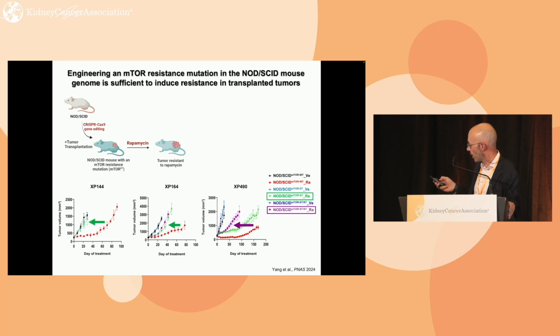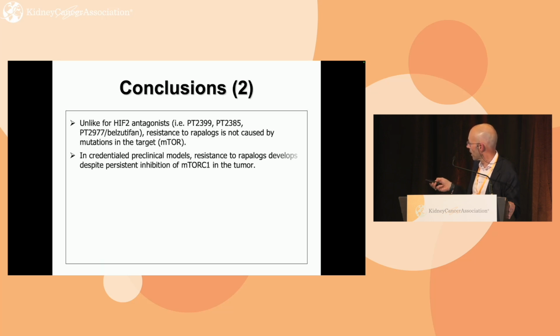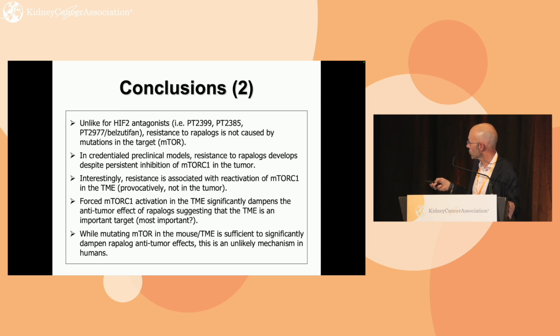And that's probably why we don't see mutations in patients. So I'm going to summarize here. So unlike for the HIF2 inhibitors, resistance to Rapalox is not caused by mutations in the target. So we are not claiming that mutations in the stroma are going to occur and are going to give resistance in humans. What we are claiming is that the activity of rapalogs requires inhibition of mTOR in the tumor microenvironment. And for reasons that are yet unknown, mTOR becomes reactivated in tumor microenvironment, and that appears to be sufficient to